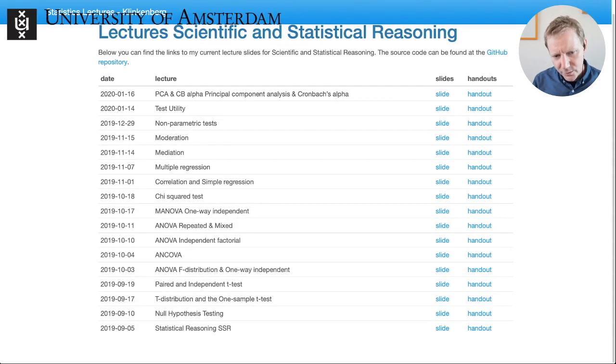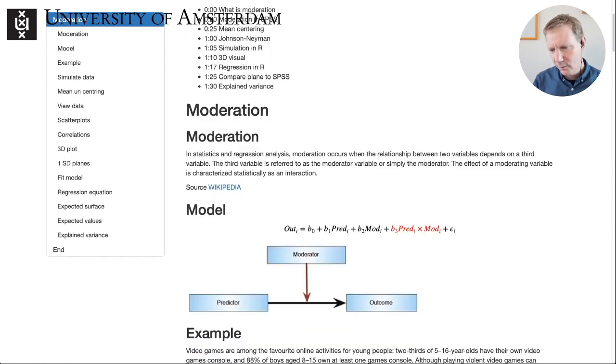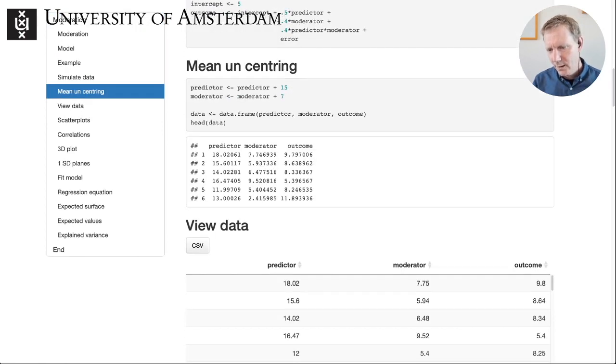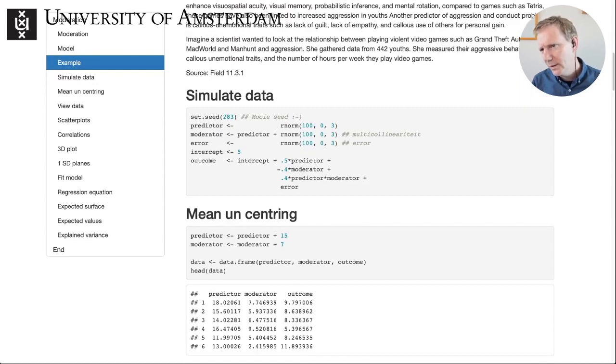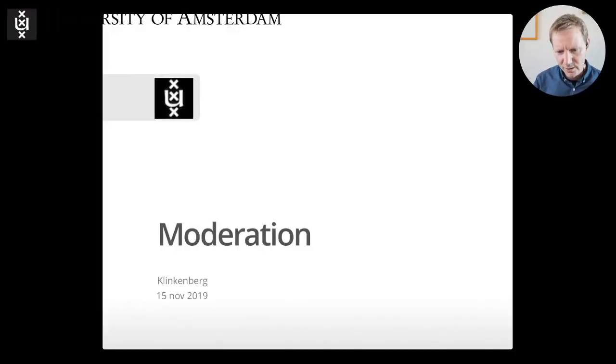For example, if I want to do the moderation analysis, this is a lecture on moderation. It's all written in Markdown. I've created two outputs, not just the presentation, but also the handout for the students. So the students I provide with the handouts, which is in the straightforward form. And I also, for myself, during the lecture, have my slides available for the moderation analysis,